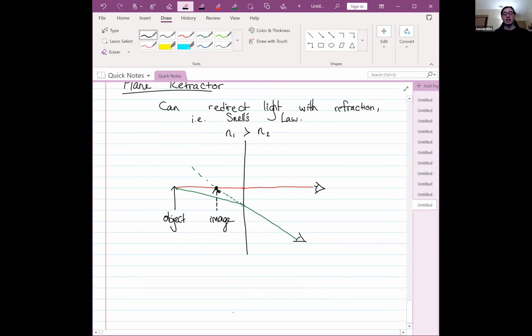For example, because this index of refraction n1 is greater than n2, if you enter at a shallow enough angle, in fact, none of it will make it through. It'll just be totally internally reflected. So you can see that if it came in at just under that angle, it would basically bend straight outwards. And then, well, now it doesn't intersect at the right place. However, if we assume